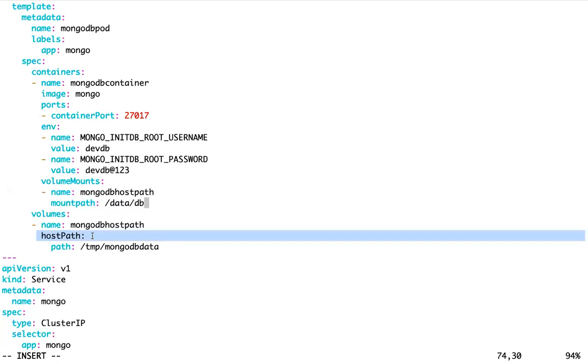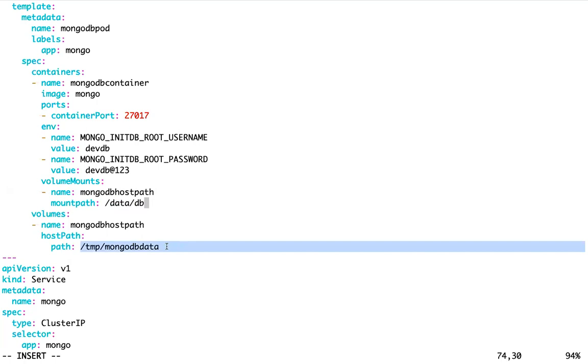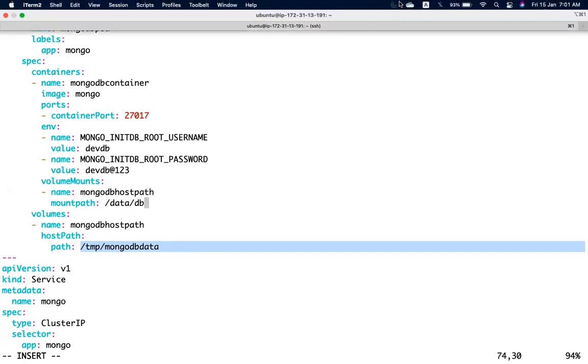It will use hostPath, and again within that host, which path it will mount? This one, right?